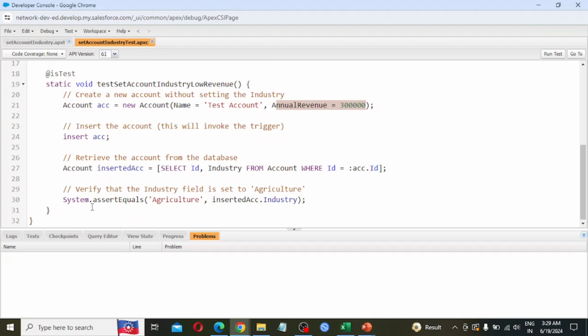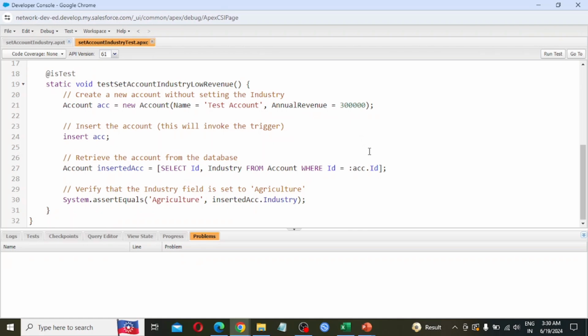Again verifying that the industry field is set to agriculture or not by writing this statement: system.assertEquals agriculture comma inserted account dot industry. So again Control S, saving this